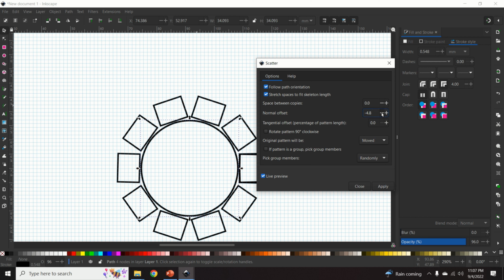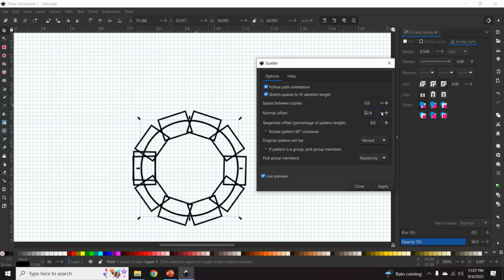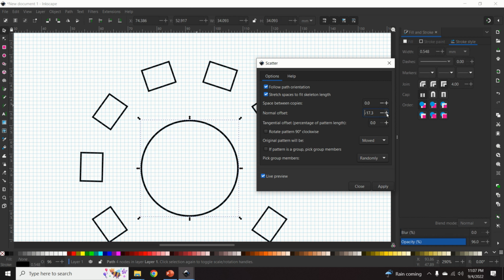Here you can adjust the offset. So if you play with this parameter, the circles, or better to say the rectangles, are going to be further away from your circle, and by increasing this number, that is by increasing the normal offset, you will get something like this. So you need to play with this parameter to obtain the most desirable option. In my case, it's going to be something like